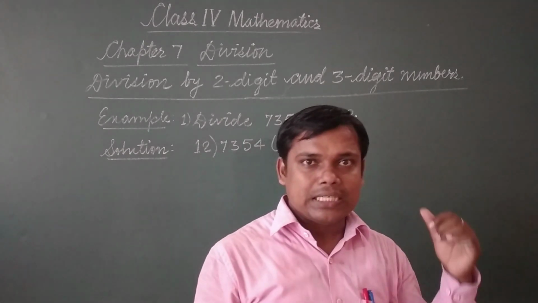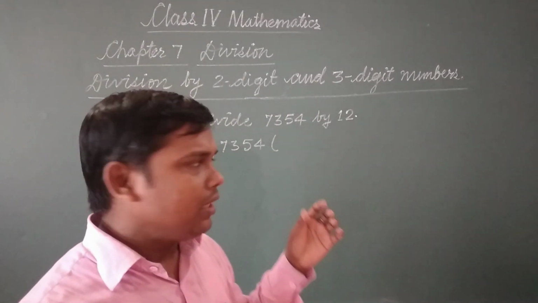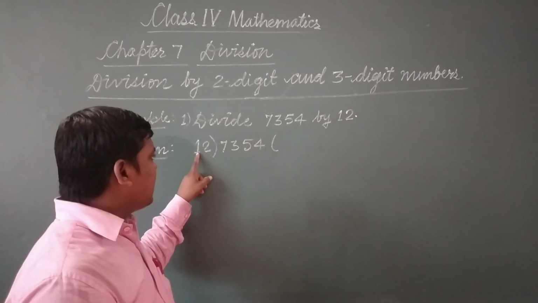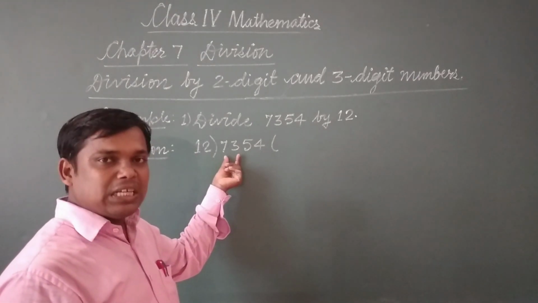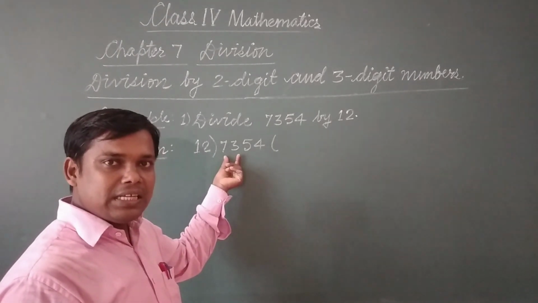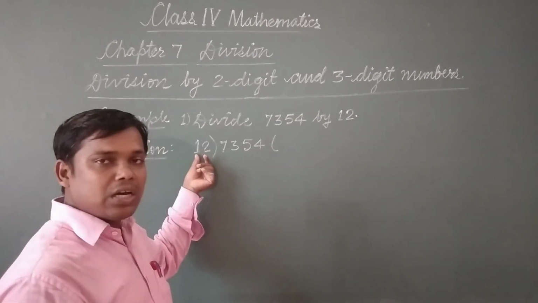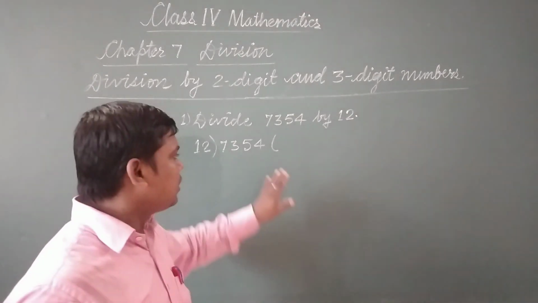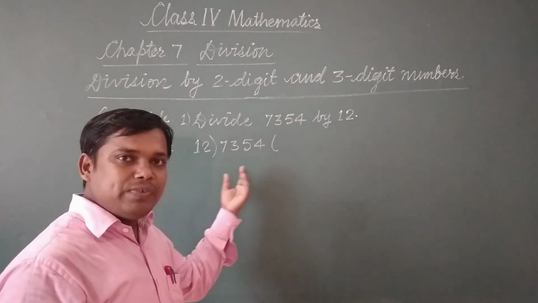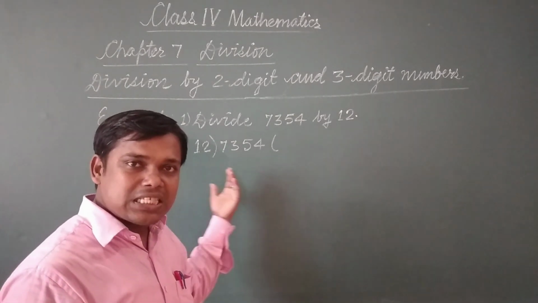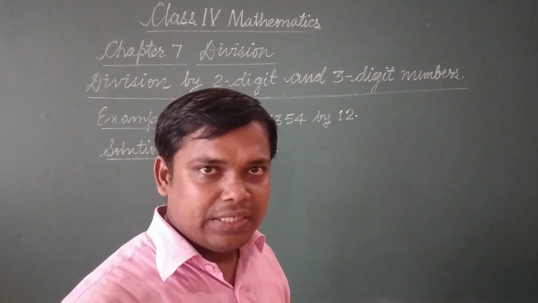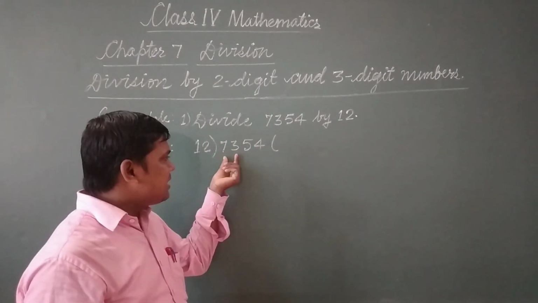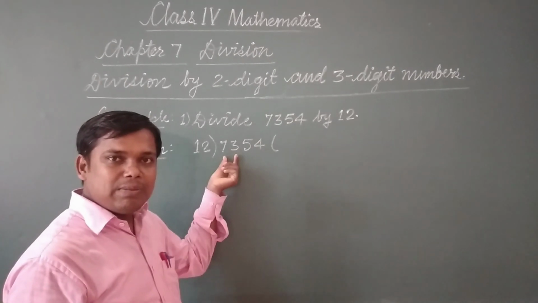But in this case, we are observing the two digits from the dividend is greater than our divisor. Extreme left digits we have to take, not this side. Always we take digits to the extreme left of the dividend. So we will take two digits, that will be number